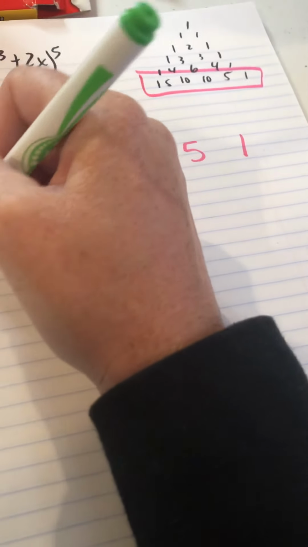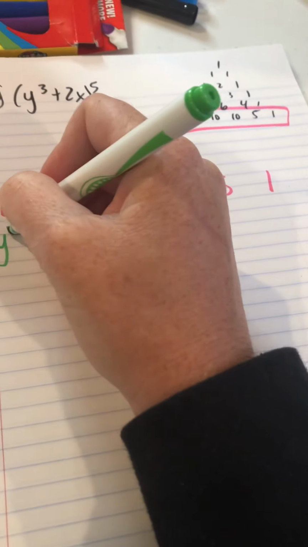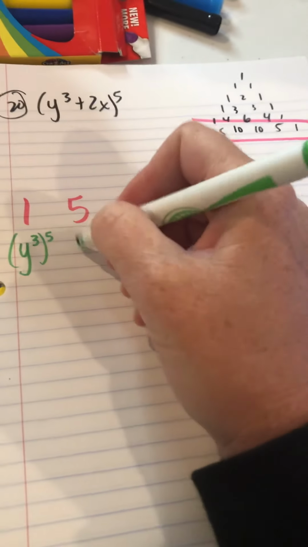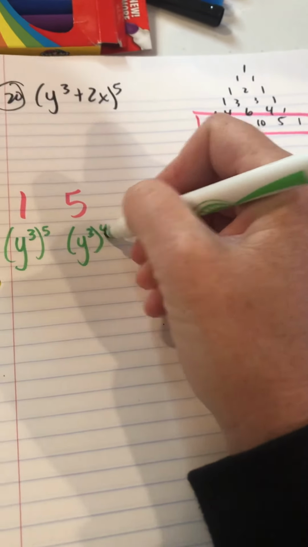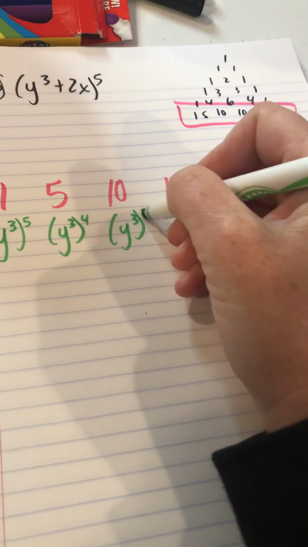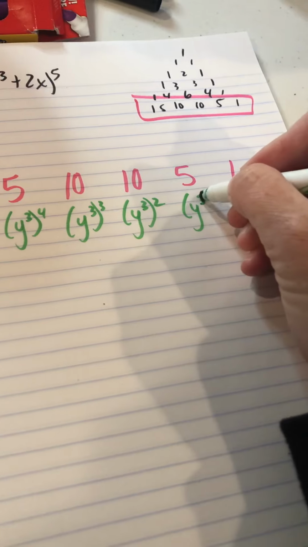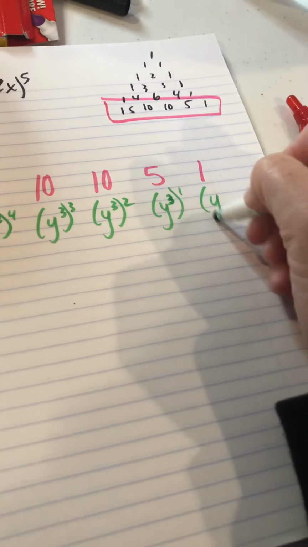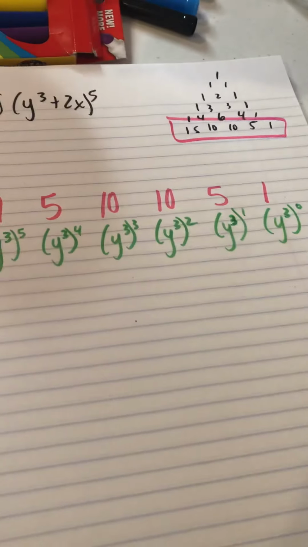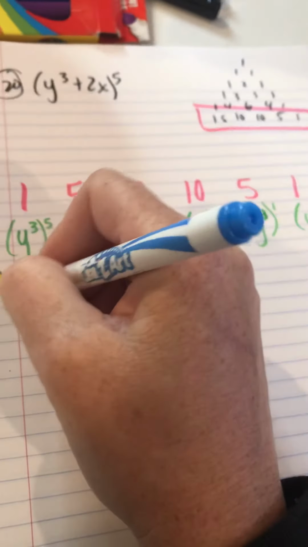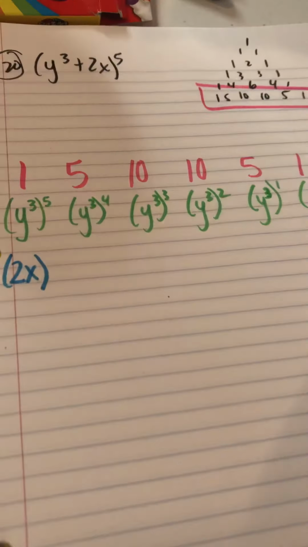I hope you did. So this says y to the 3rd to the 5th to the 4th, cubed, squared, to the 1 to the 0, and then I've got my 2 and x to the 0,